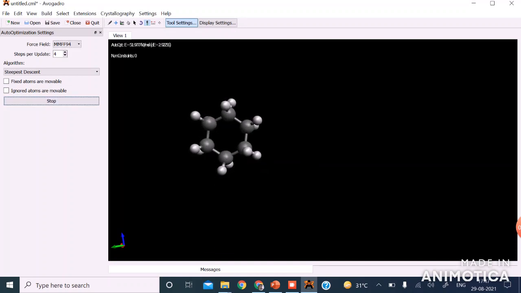You are now watching 2 parameters changing fast. First one is the total energy and second is the change in energy. So, it will continue until this change in energy is 0. So, wait for some seconds. Yeah, it is now dE equals 0. So, our auto optimization is complete. So, we will stop from here. Do not forget to stop this auto optimization.